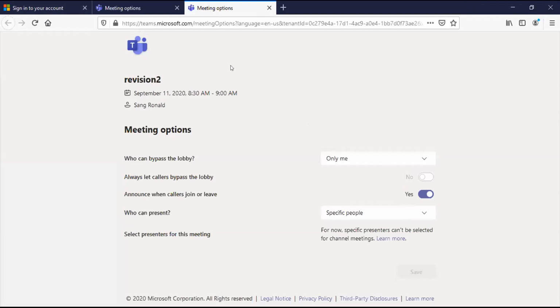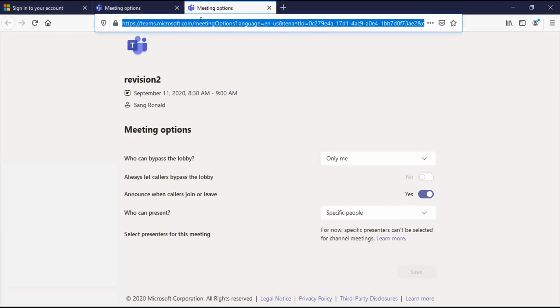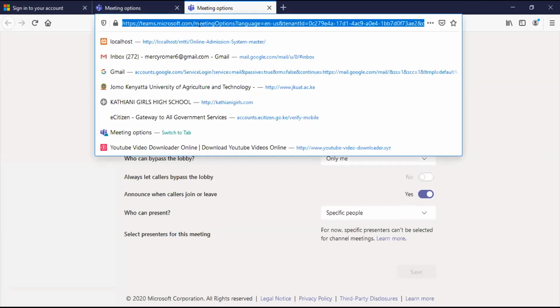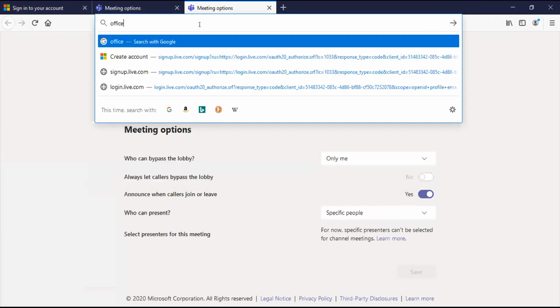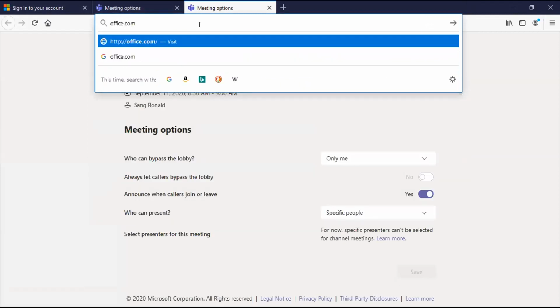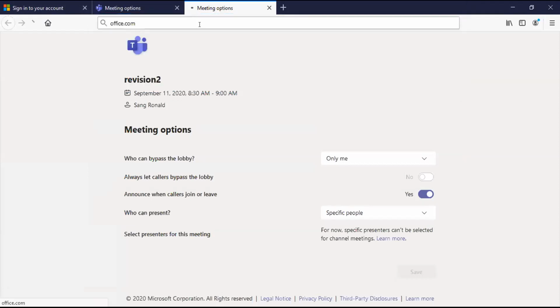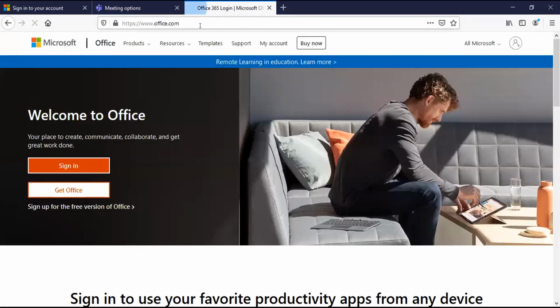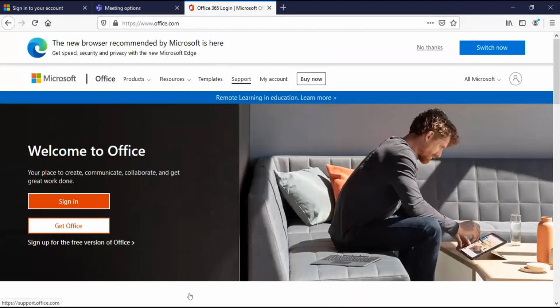Just go at the top there. Go to office.com. Click and type office.com. Enter. So you'll be required to sign in.